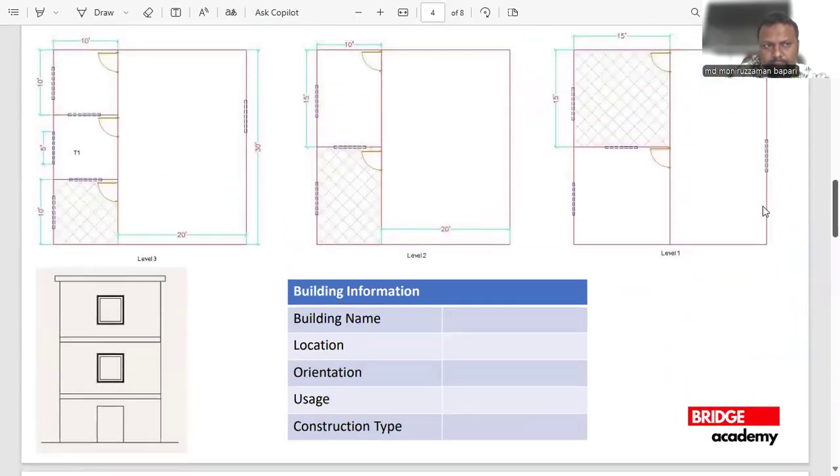Okay, here is our building. This is a 3-storied building. Level 1 is in here. Let's bring a pen. Level 1, level 2, level 3. Okay, now